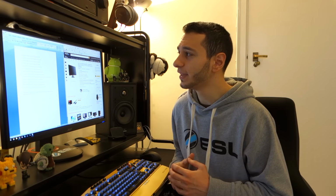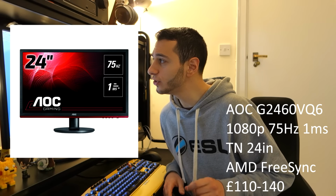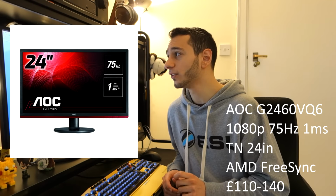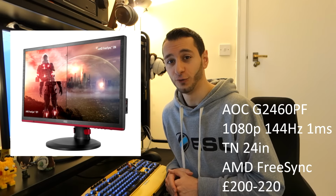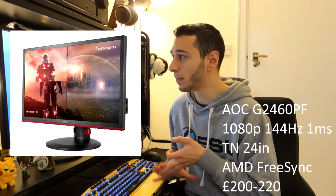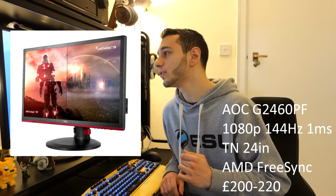If you're looking for something a little bit bigger at 24 inch, you've got the AOC G2460VQ6. This can be found for £110 to £140. In my opinion, that is the better buy, but sourcing it can be a little bit harder. If you want something a little bit better, it's 144 Hz. Taking all the same sort of technology, 1080p, TN, 24 inch, FreeSync, 1 millisecond response time, you've got the 144 Hz AOC